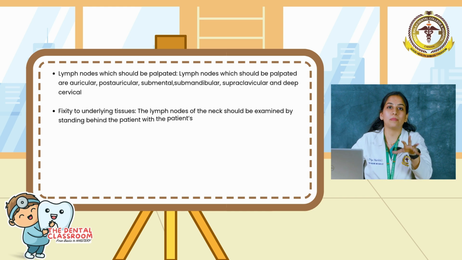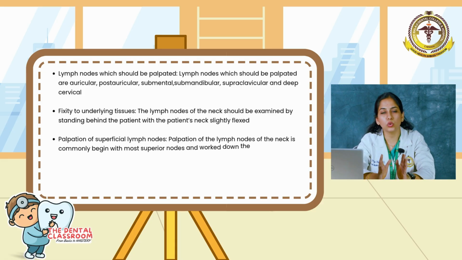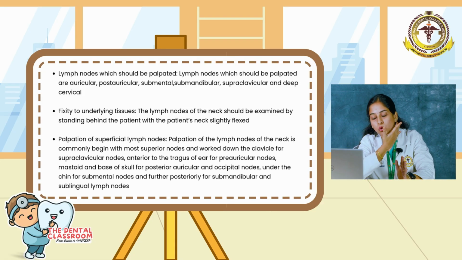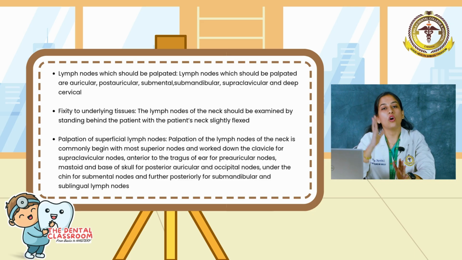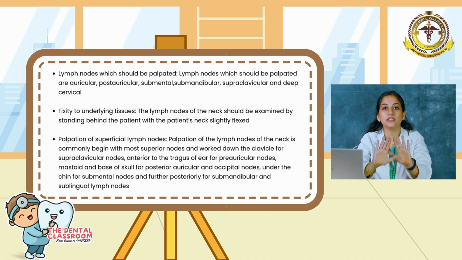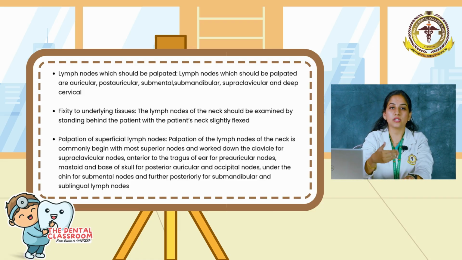So how are we going to do a palpation? Basically, for the node to be examined, you should slightly tilt the head and then start palpating, though it is a horizontal classification or an AGC classification. So we'll gently ask the patient to tilt the head. We have to stand behind the patient. So that is how an examination of lymph node should be done. The patient will sit upright and we, the examiner, should stand behind the patient and then we'll start palpating